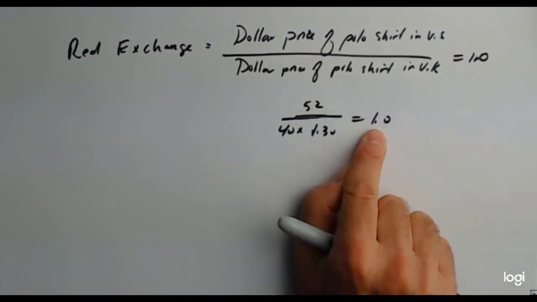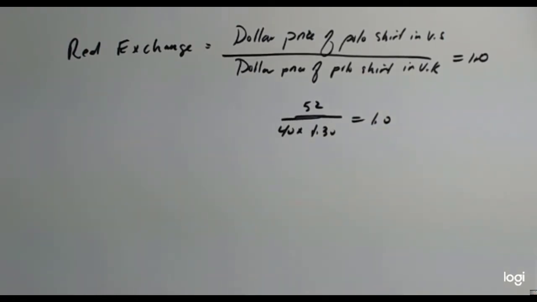If it turned out this is 1.5, then the relative price of a polo shirt would be 1.5 times higher in the US than it is in the UK. Now listen to that. That's important. If this number is 1.5 for the real exchange rate on polo shirts, it means that